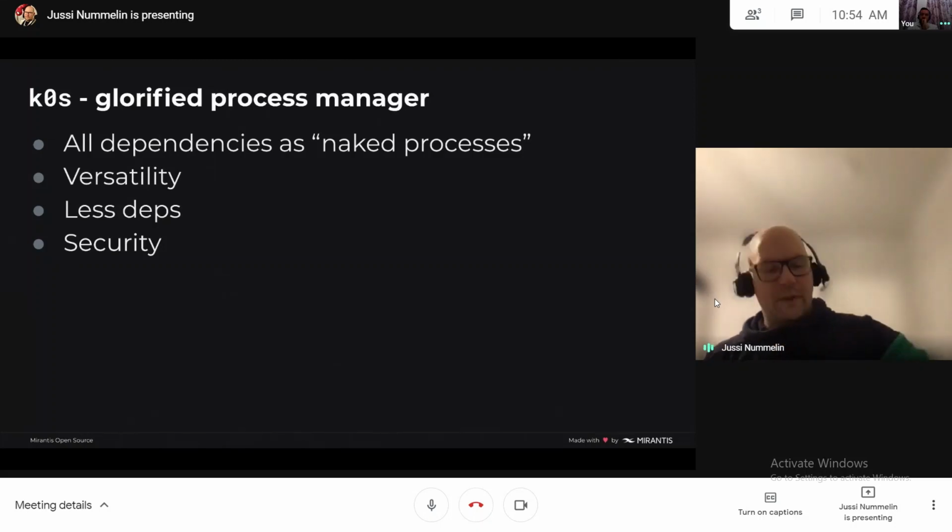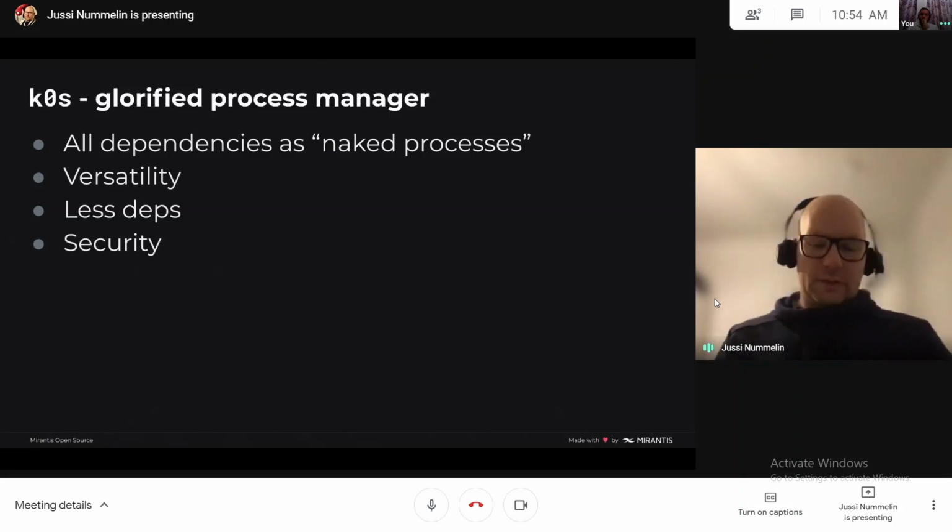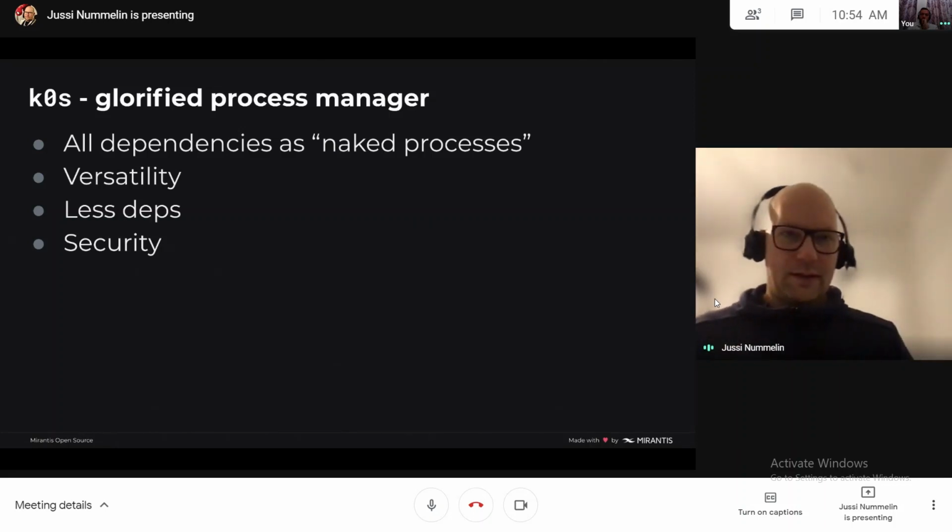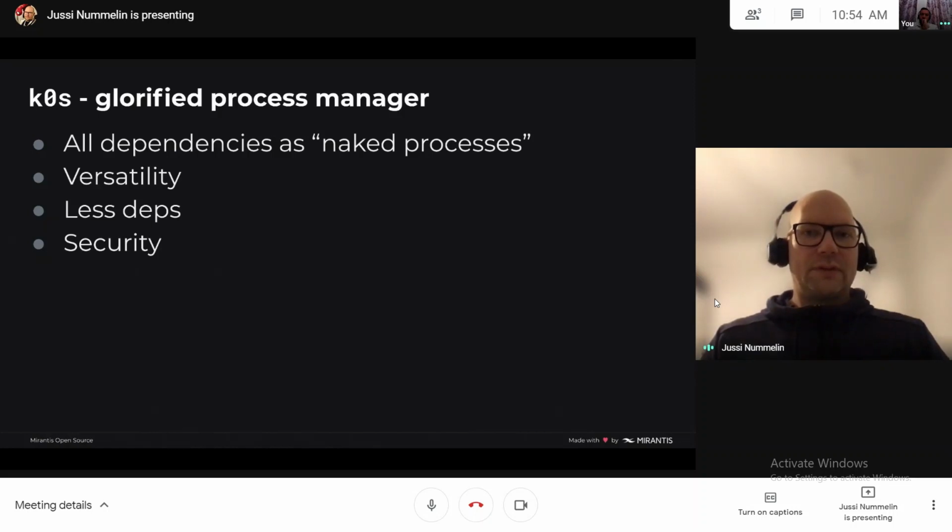One way to think about K0s is, of course, also like a glorified process manager. So all the Kubernetes components and all other dependencies like containerd, kubelet, everything, we run those as what we call naked processes, just plain processes, no containers in the picture in that sense.